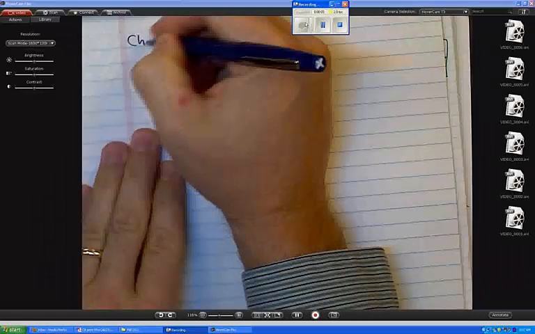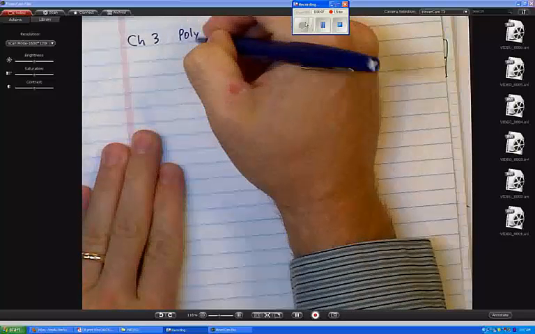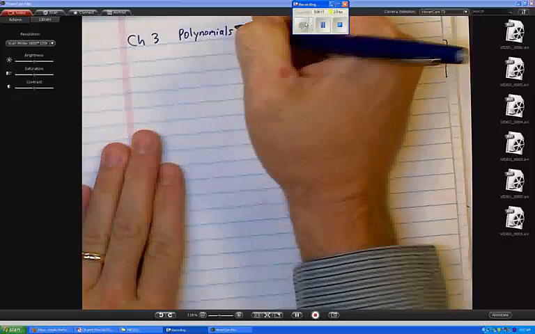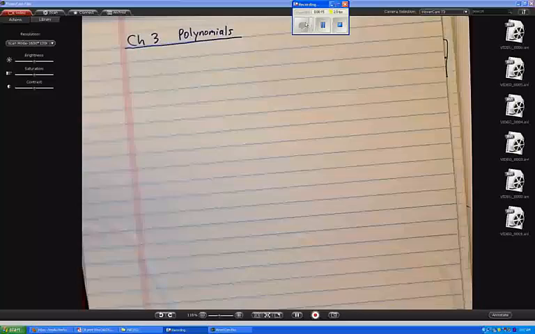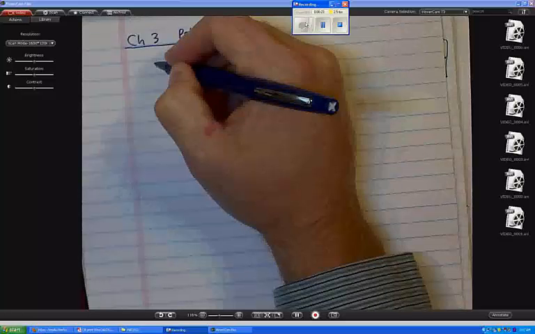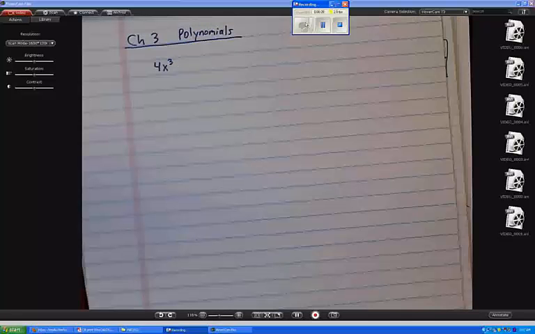Chapter 3 is on polynomials. And you've done this before. I don't know how much of the language you know, so I'm going to test it here. If I write this down, 4x cubed, and I call that a monomial,